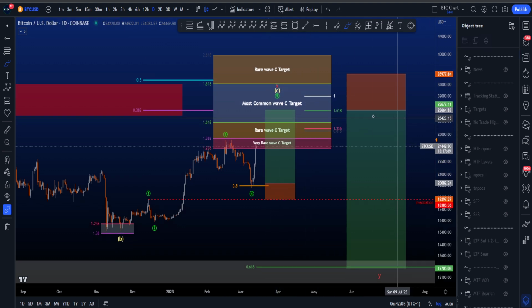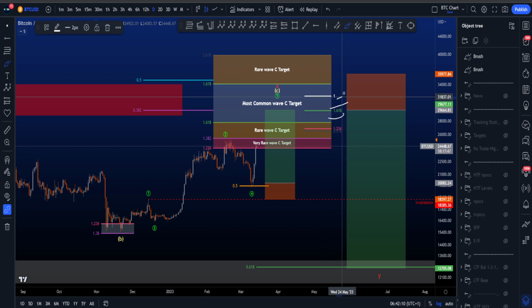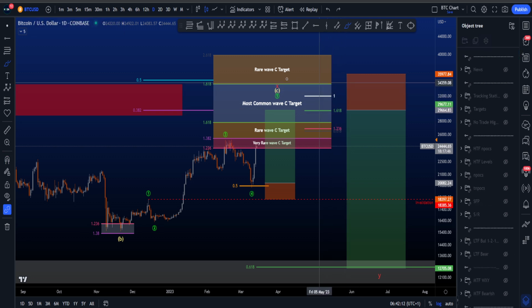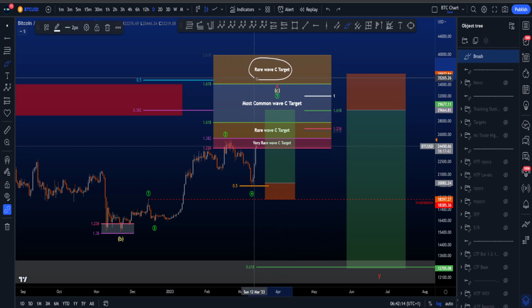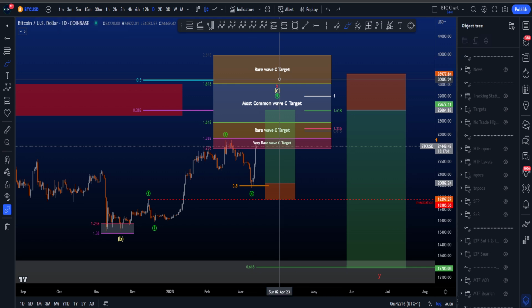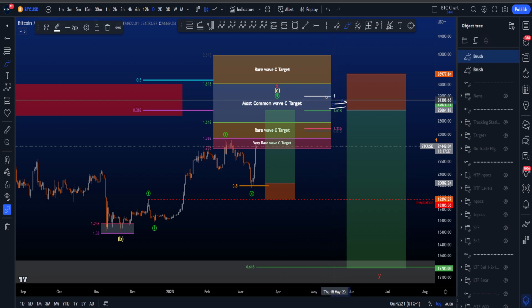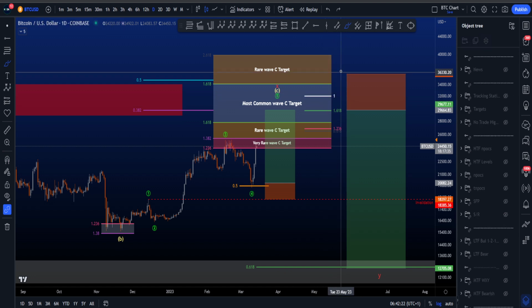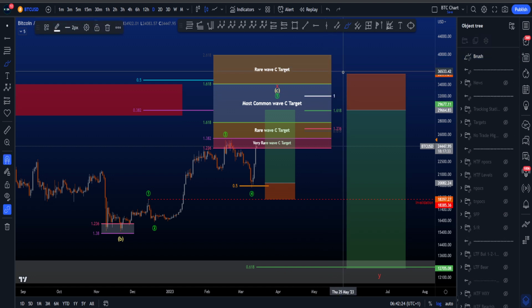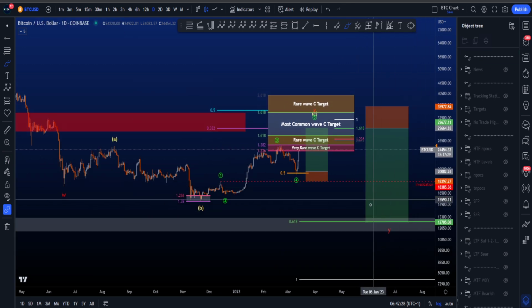A potential short scenario in this case is entering shorts in about the white box area. Now keep in mind that there is still a rare wave C target area above the most common wave C target. That is important to know, but potential shorts can be laddered in over here. Stop loss somewhere above and then eventually trading it to the downside, where the first target for a wave Y